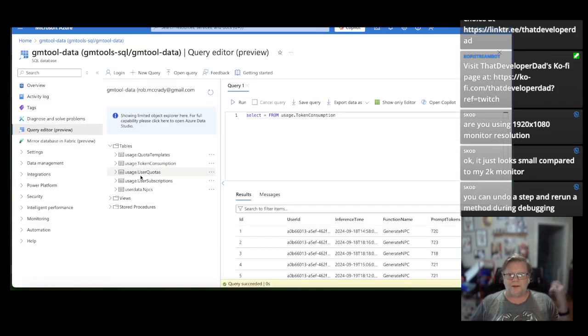My usage schema, I think I'm going to be able to collapse most of this down to user subscription or a users table. And what I think I'm going to do for that users table is,